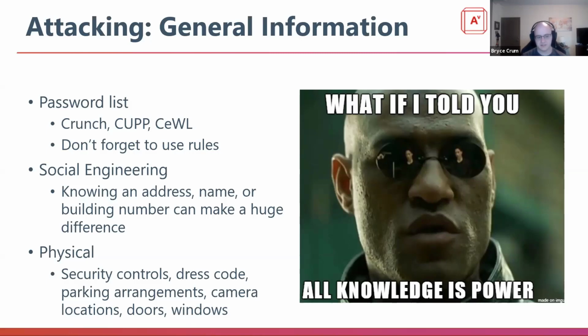Physical security comes into its own here. General information is typically going to be the biggest data dump that you can get around physical. If you're going to be targeting from a physical perspective, you can get a fairly strong understanding of the electronic security controls that are in place. You can get a strong understanding of the physical security as far as locks, possibly door handle styles, right? Maybe if you're going to be deploying something like an under door tool or things of that nature, you may be able to pull information such as camera locations and the parking arrangement, understanding where to park and where to move and see the flow of where individuals tend to stand and move within a location is extremely valuable. Anytime that you can get that information, definitely go after it.